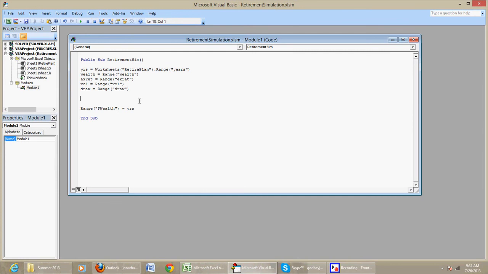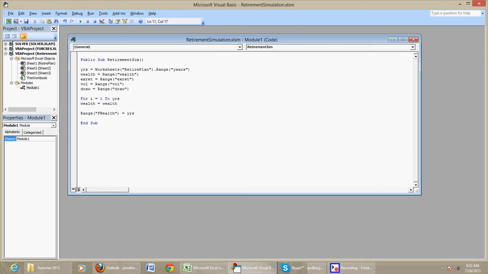So what do we do next? At this point, I want to run this guy's life. I'll say for I equals 1 to YRS. So we're going to let this guy live his life from 65 to 90, or for the next 25 years, and see what happens. Well, in the first year, his wealth, which started out,